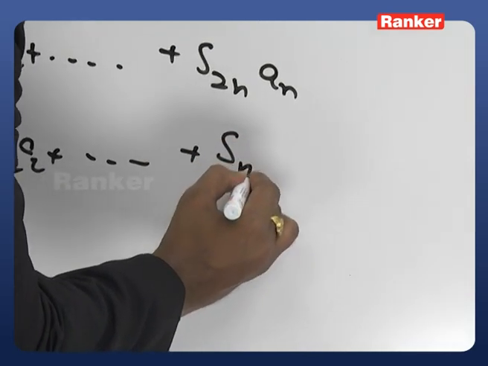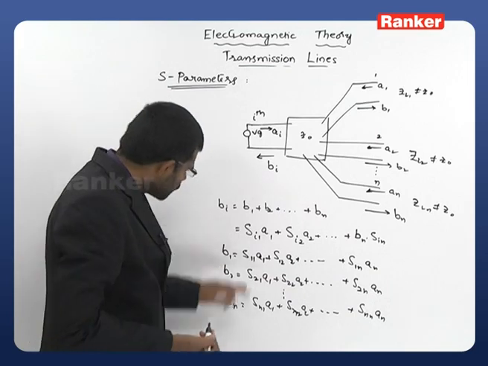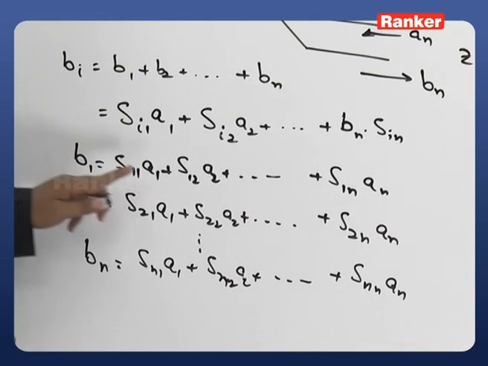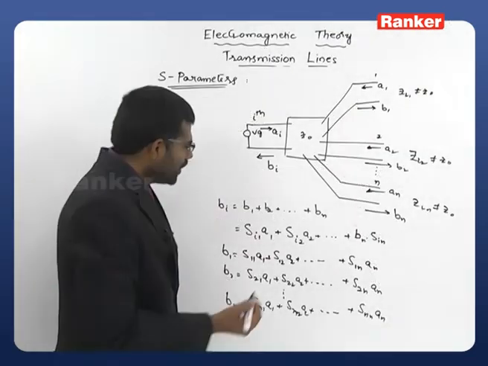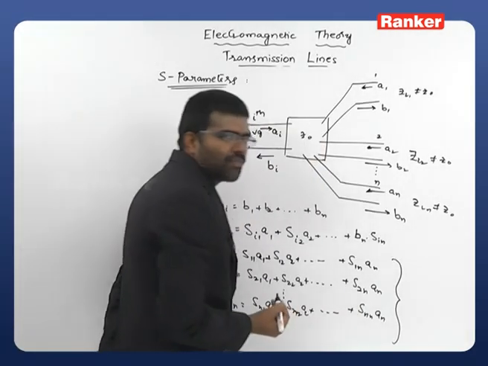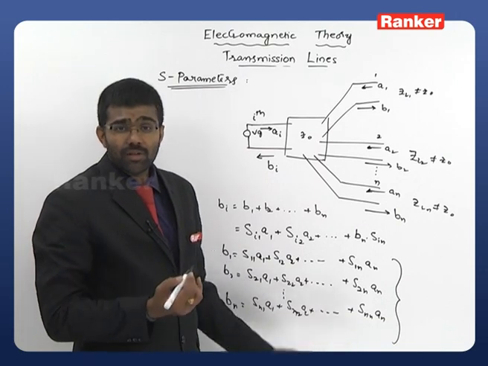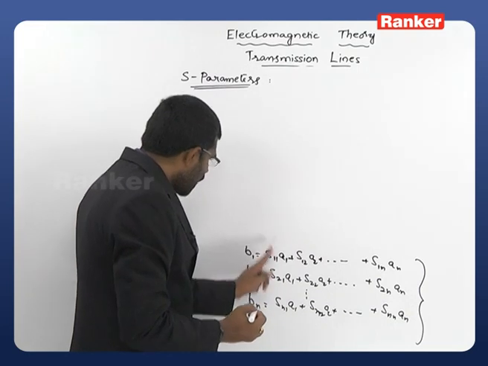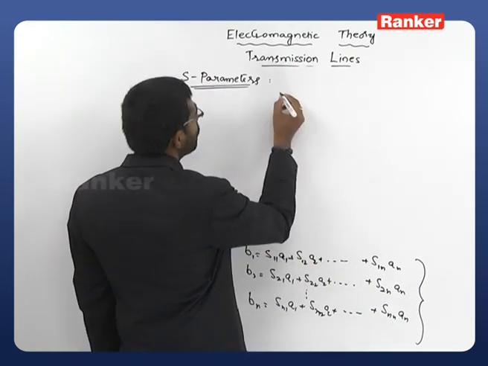Now just observe these equations. They are all linear equations in terms of B1, A1, A2 up to An, B2, A1, A2 up to An, like that. You can easily convert all these equations into a matrix form. Just take these n equations and write them as a matrix, then you will get a beautiful form like this. The matrix form compiled after observing all these equations is